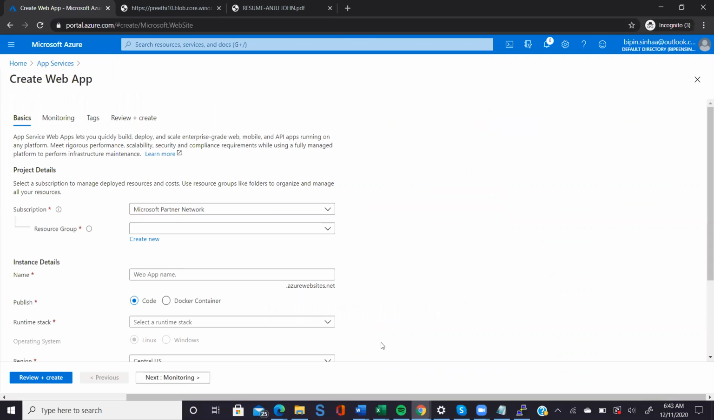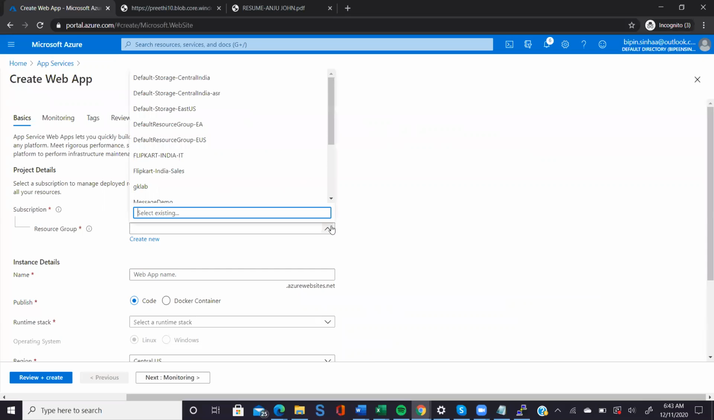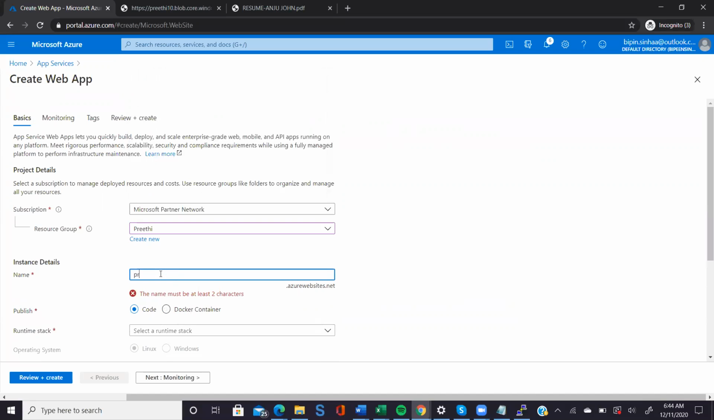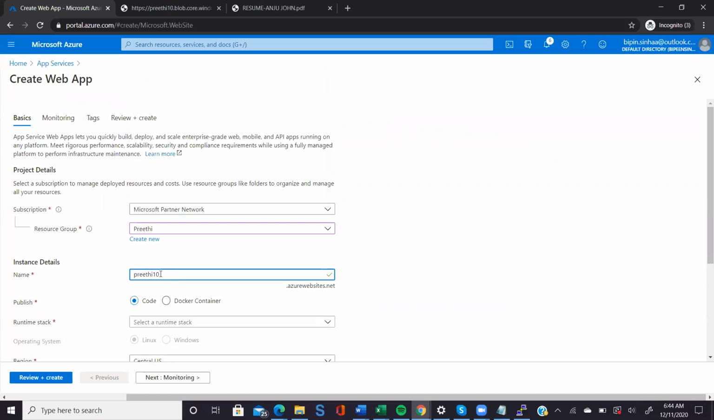Very good. Let's select a resource group. Good. Select your app service name, whatever website name you want. You can put my name too. Yeah, I think someone has already taken your name. Good. Now, in which language your application is written, in which language your website is configured, you have to select